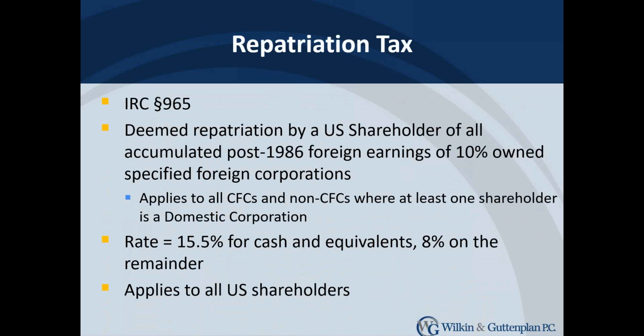The dividend received deduction, which was the benefit that was going to get us this territorial tax system, is available for C corporations. Correct. But your last bullet here applies to all U.S. shareholders. Does that mean that if I'm an individual and I own a CFC, I've got to pay this repatriation tax, but I don't get the benefits going forward?